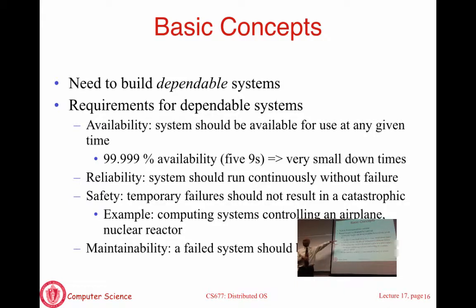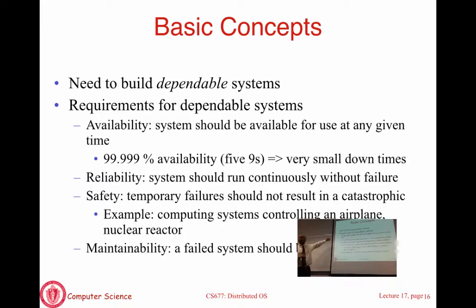Nothing has gone to 6 nines of availability. Once you get there, basically it says you can't have any failure at all. Okay? 5 nines are the best systems you have built. If you even get 99, you should be happy. But this is what you should strive for in general. Okay? So that's availability.